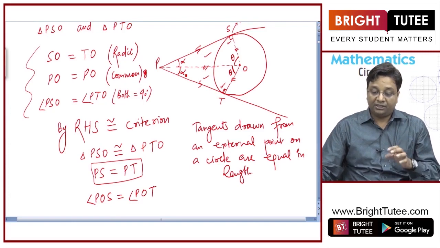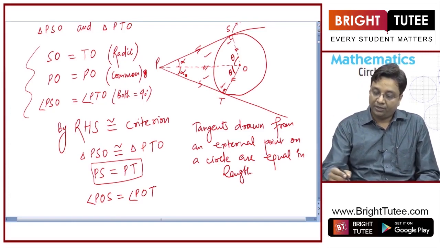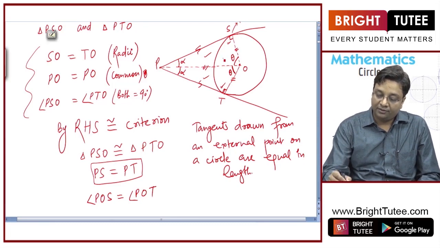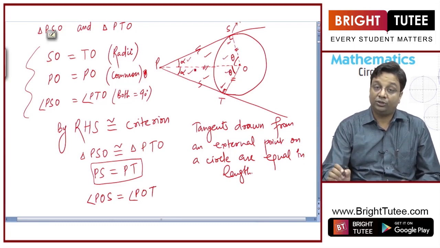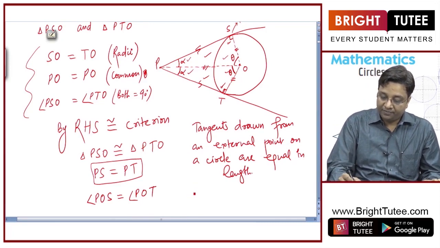So these are some of the results that should be at the back of your mind while solving the problems. These two angles are equal, and these two angles are also equal. What other result can we draw from this? If you look at the quadrilateral